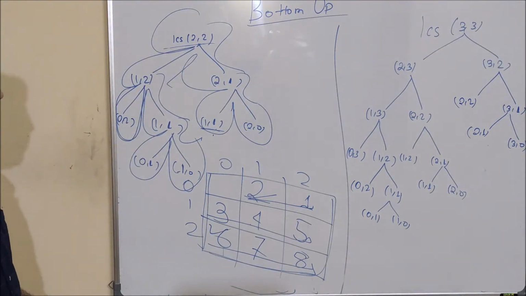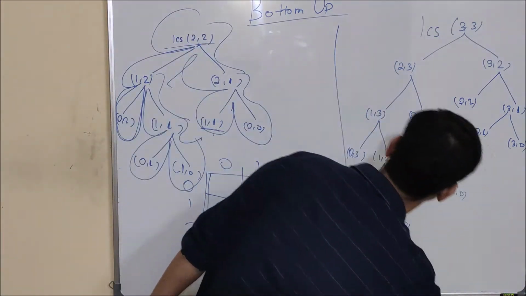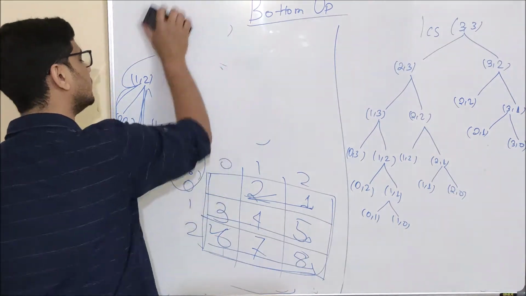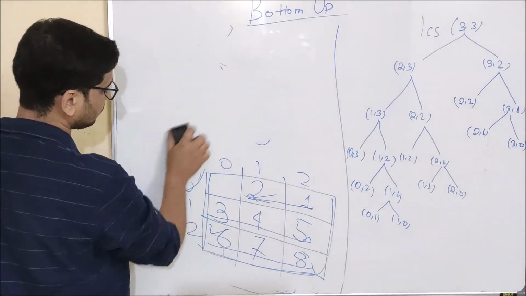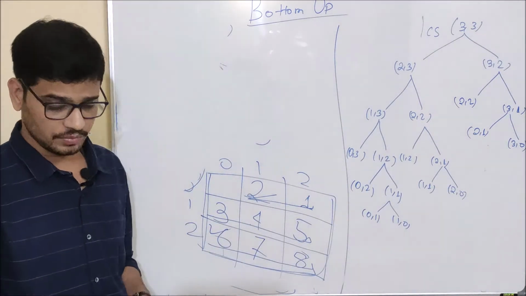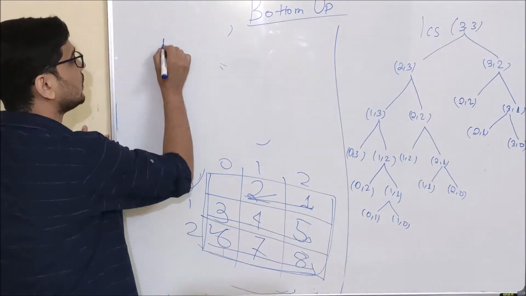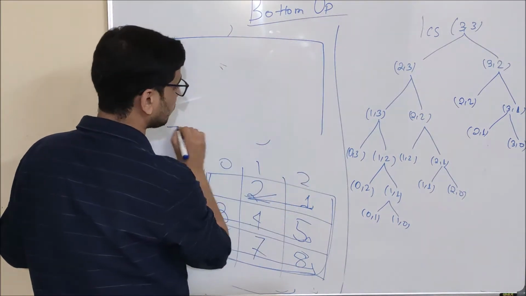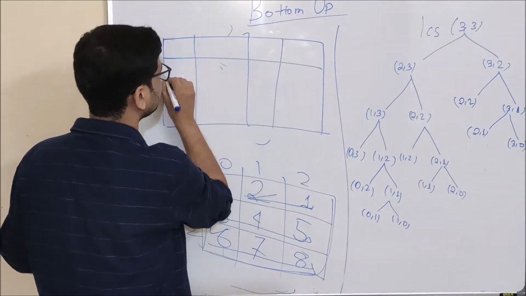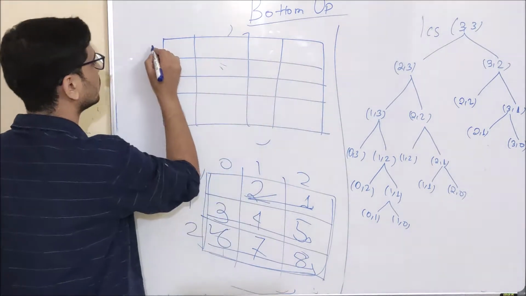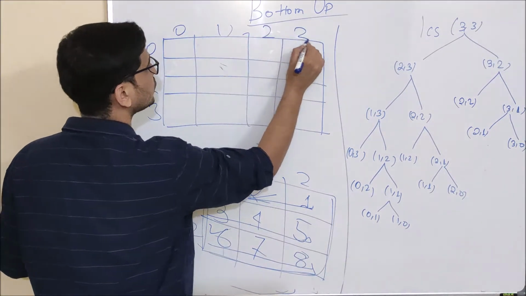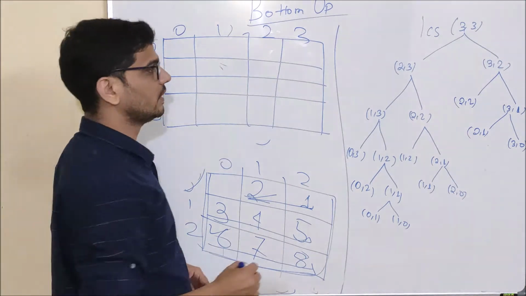Now do one more thing. Let's see the topological order here, then we will figure out how to write the for loop, that is, the iterative code to fill the table. As you can see here, it is calling LCS of 3, 3. So the table will be 4 by 3, sorry, 4 by 4. Let's say this is our table, with indexes 0, 1, 2, 3 for rows and columns.